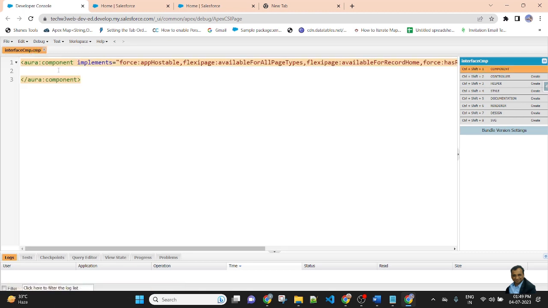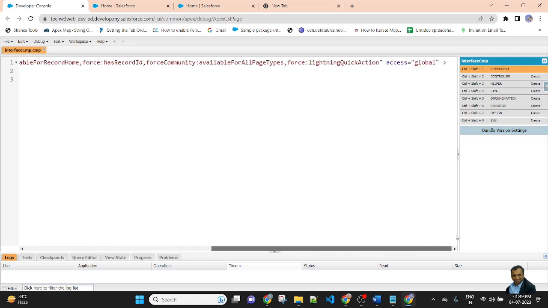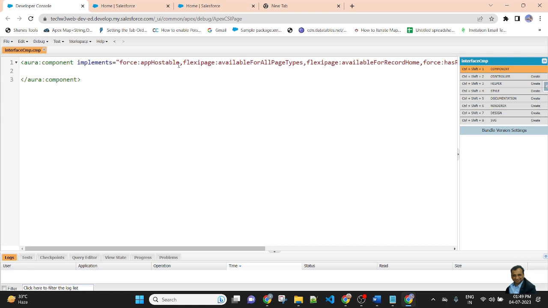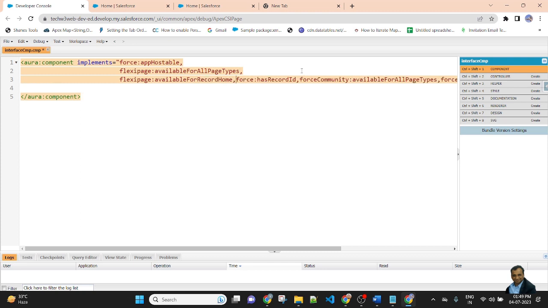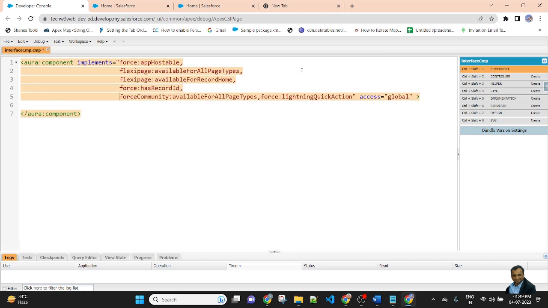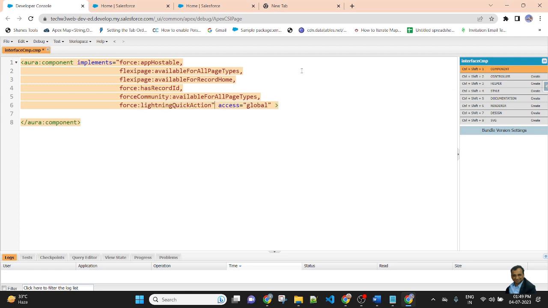Now I am using this component file. Here, as you can see, there is an implements already automatically added. There are multiple interfaces added whenever clicking on the component. I am separating all of the interfaces: available for all page types, quick action, and global.